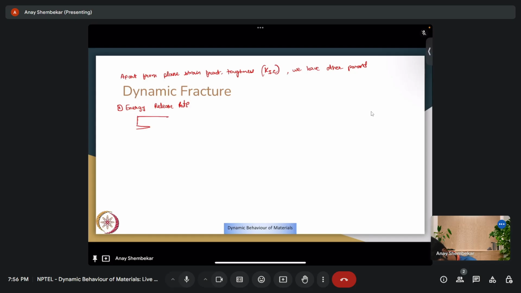Suppose this is the crack. We are applying a load P to open up the face, which leads to a small displacement v by 2, right? So each face moves by v by 2 at load P. Therefore, external work done F is equal to P into v,